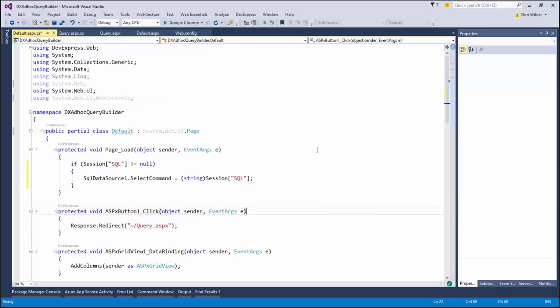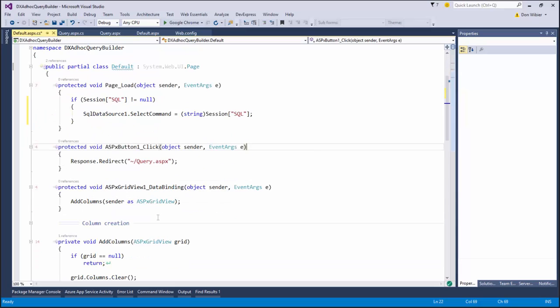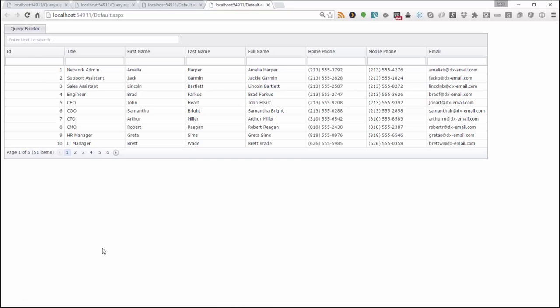And with that in place, I have already also coded in this ASPX grid view data binding event, which will add the columns dynamically. And the code which is here below, I'll point that out in the last portion of the demo. So with this in place, we'll have the query builder handing over the results back to the grid view. So if I now click this,